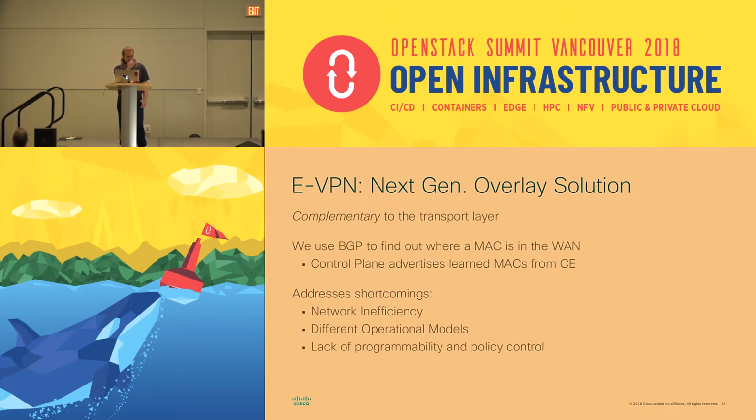Now, in addition to that, we also have eVPN, which is basically, again, an overlay, complementary to the transport layer. It uses BGP to define how to reach certain MAC addresses, certain endpoints. So it uses certain pairs, like MAC address IP pair, MAC address VNI pair, to say, okay, I have these endpoints on this side, I have these endpoints on this side, and BGP is advertising the information so that you can avoid things like a lot of ARPing across the network and overloading the network with unnecessary traffic